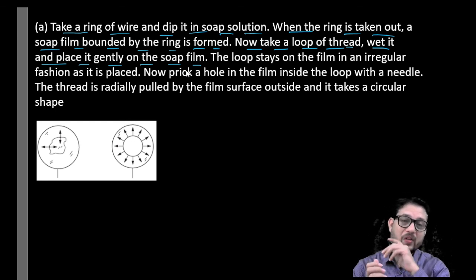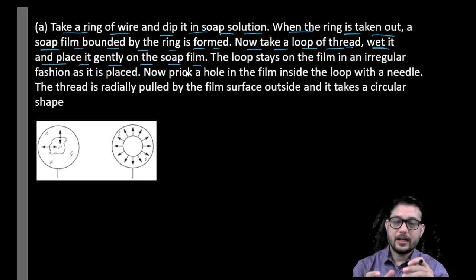So firstly, what we have to do, we have to wet it, and then we put that thread on the liquid film, or we can say the soap film. So you can imagine that this is the study of only the layer. And the layer is made of liquid, not any solid material. So you can put anything like this way, or you can drop anything. But it is a liquid film, so it is very sensitive. So we have to handle the thing very carefully, very gently, very smoothly.